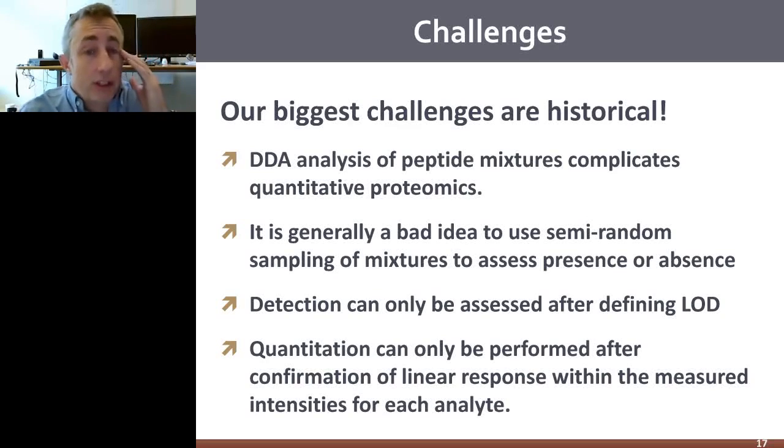So what are our biggest challenges? The methodology was kind of locked in. Almost everybody was collecting data in this way. And in many ways, you basically have to take a step backwards before you can go forward. So